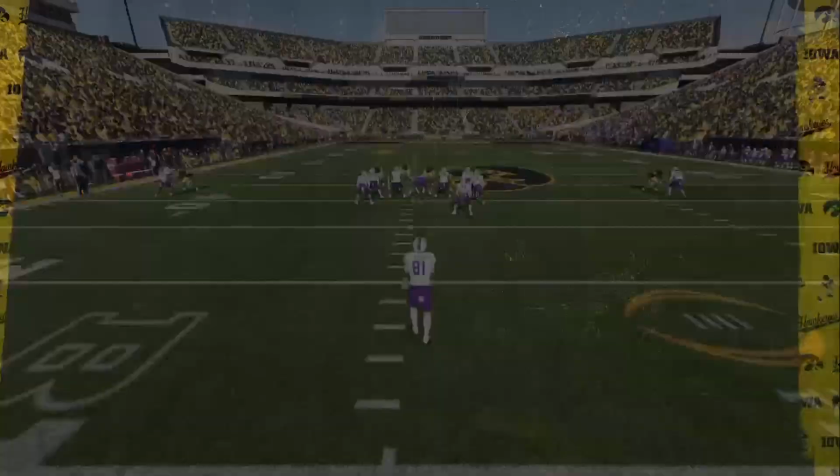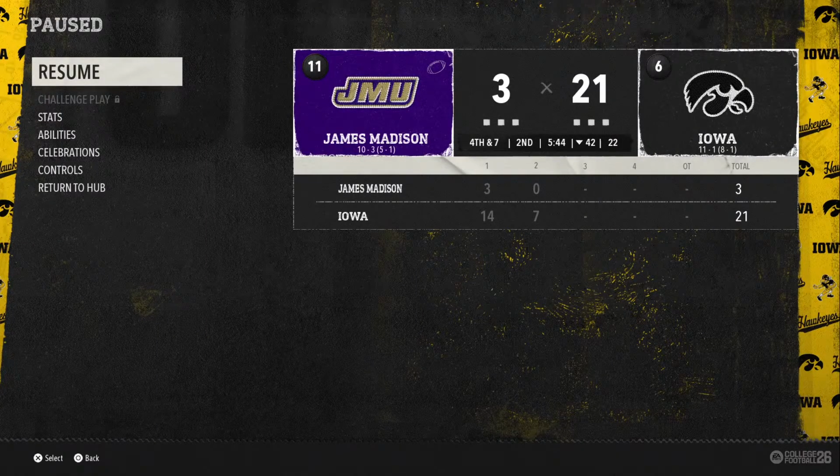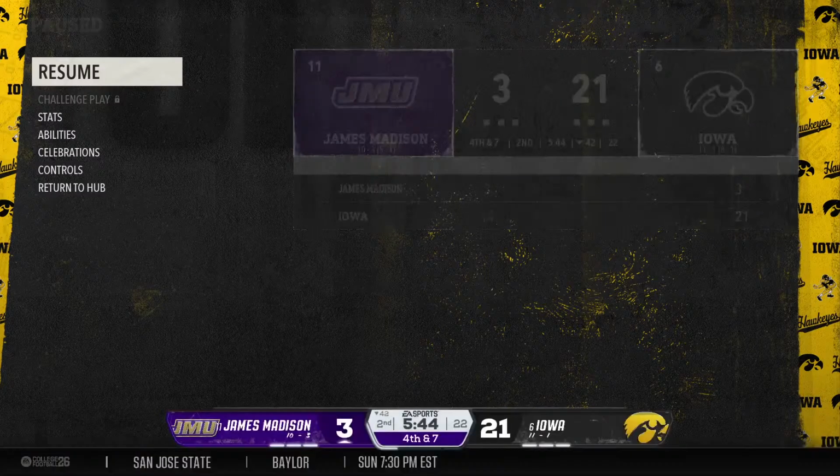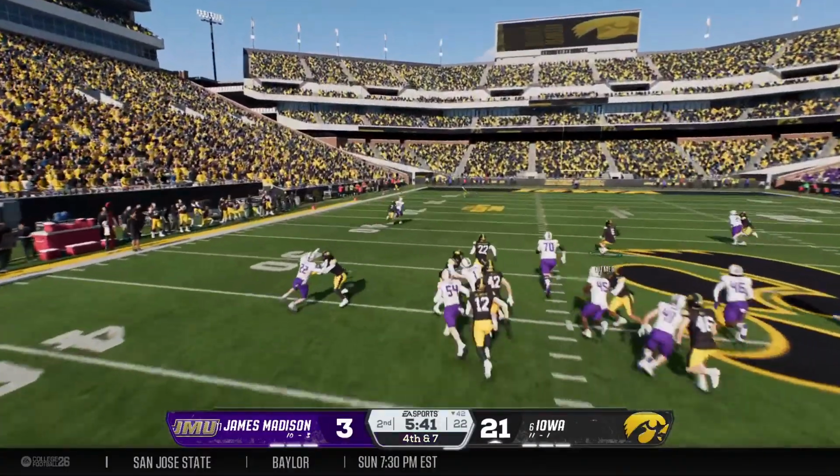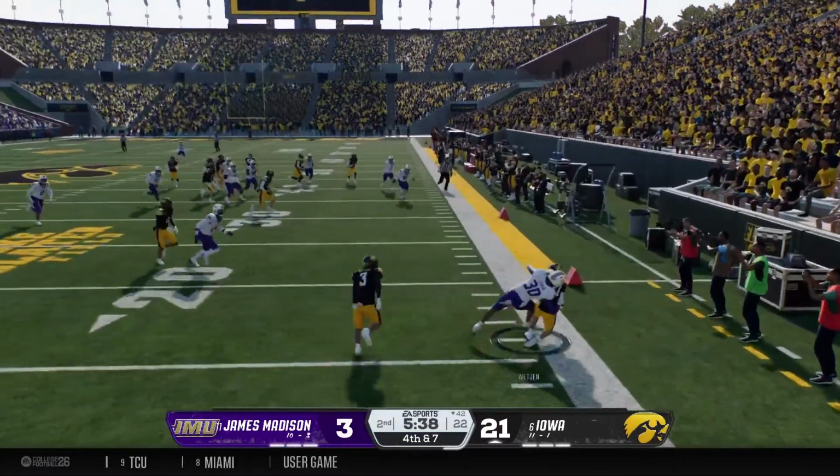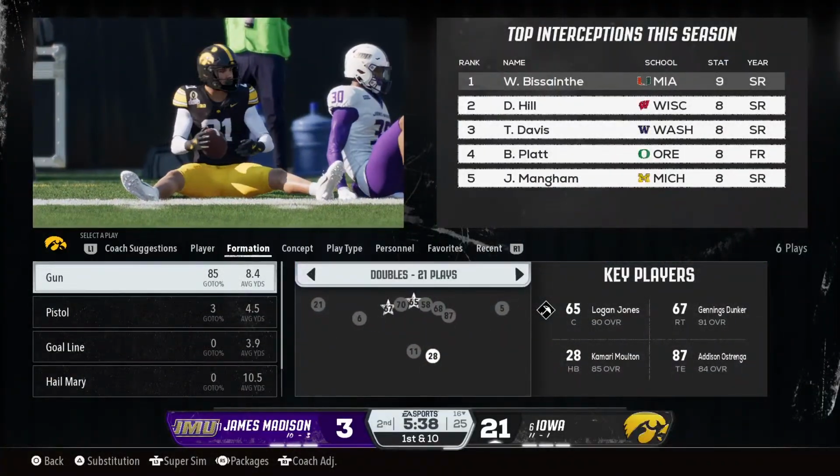And they'll kick it away now. And the returner steps out. They'll mark the football right there.